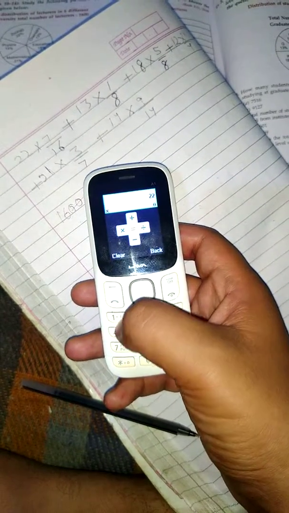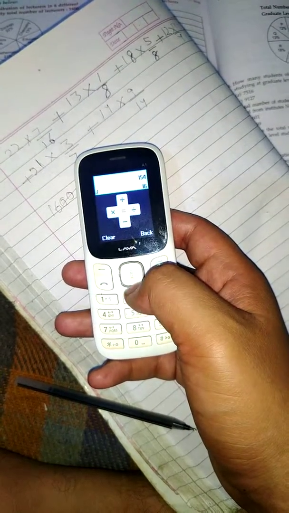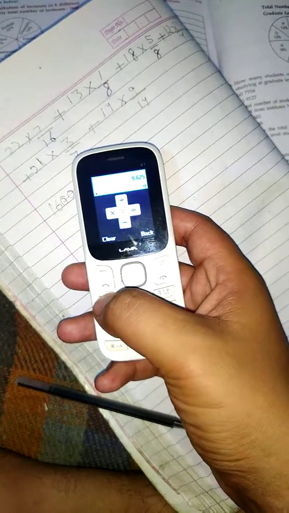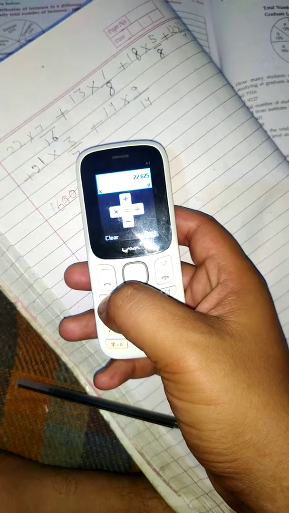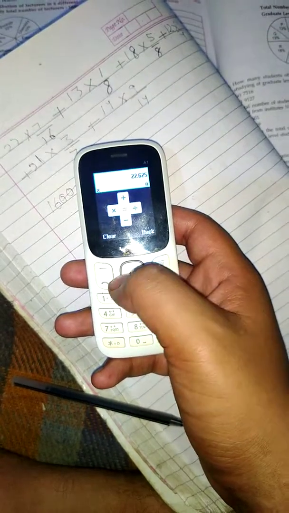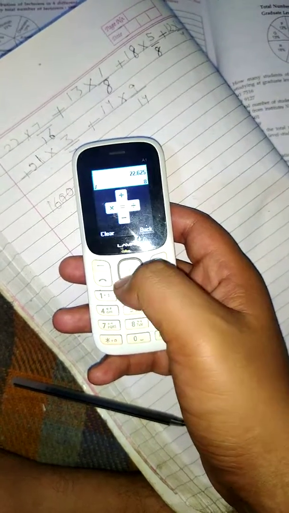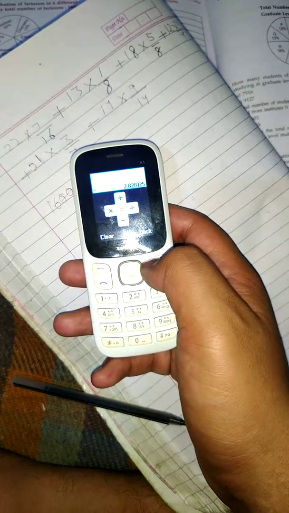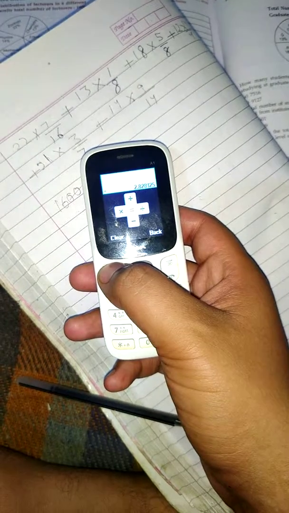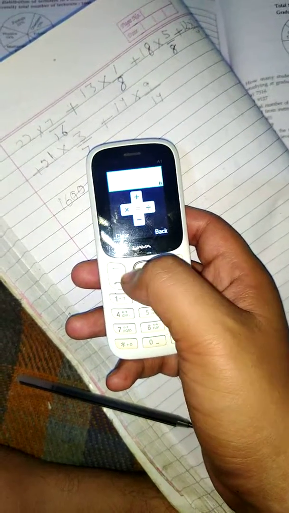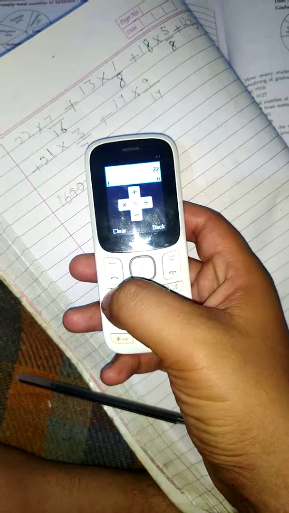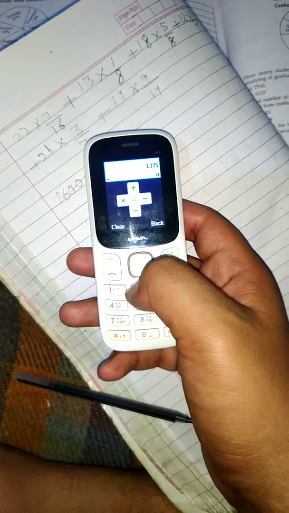22 into 7 divided by 16 plus 13 into, not into, actually we can divide, but this calculator doesn't support multiple operations at a time, so we have to solve it differently. First 22 into 22 divided by 16 into 7,